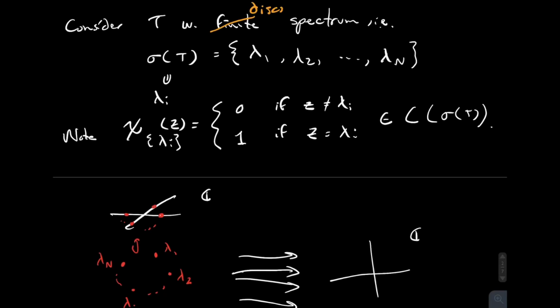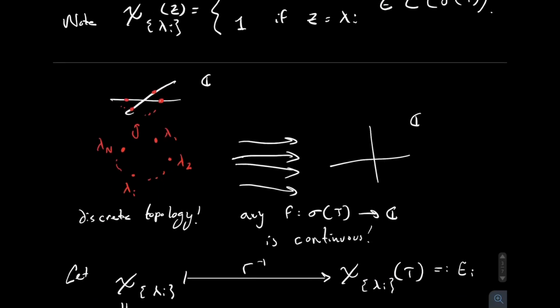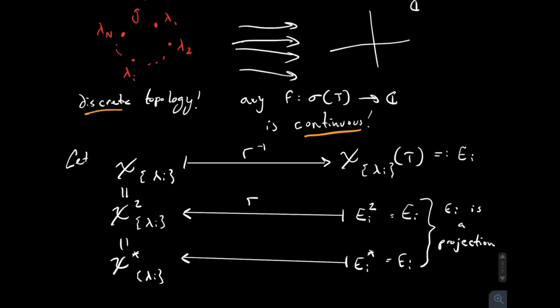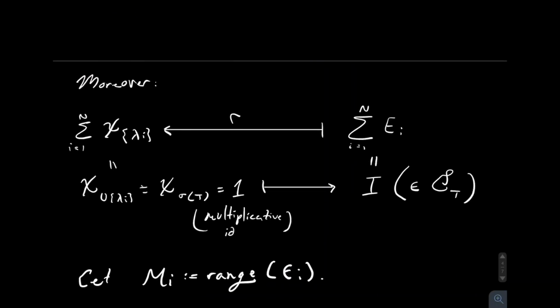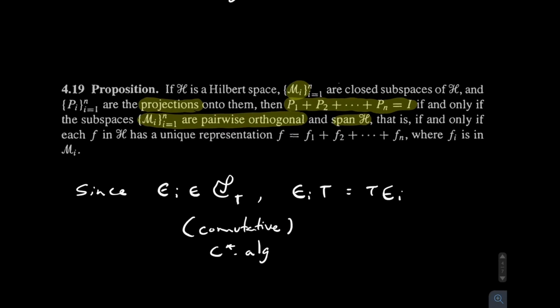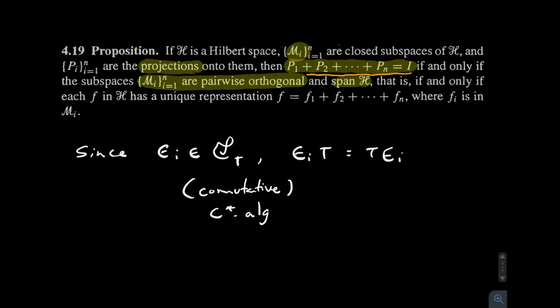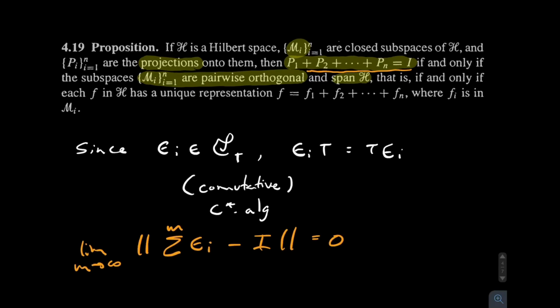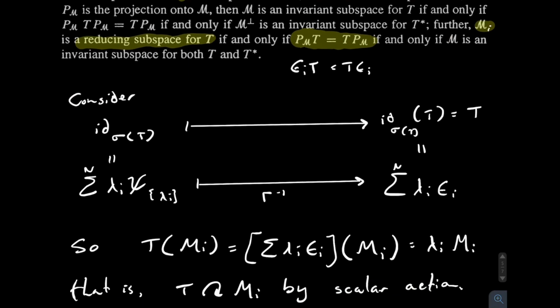So now let's consider the case when T has a disconnected spectrum, which might be infinite. Now we find that the subspace topology on the spectrum is still discrete, so any function is continuous, including the chi_i's. So all of that works. Now the problem is you might need a series here instead of a finite sum, which causes our application of proposition 4.19 to break down, because you need a finite sum of projection maps equal to the identity. However, when we look at the difference between the finite sums and the identity, that tends to 0 as m grows to infinity. So while this commutativity thing still works,